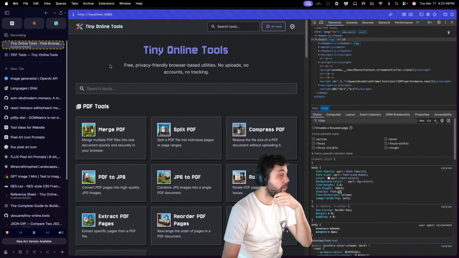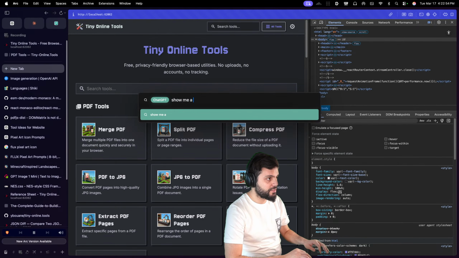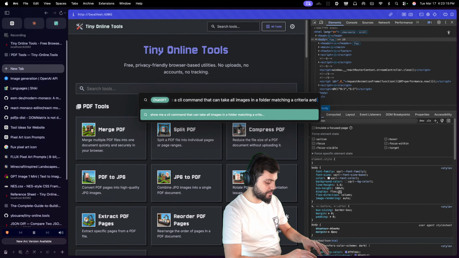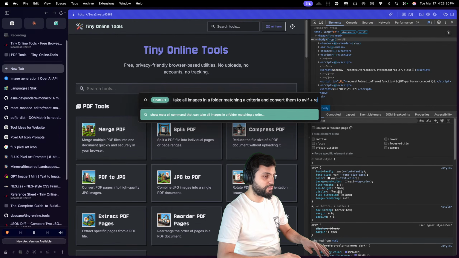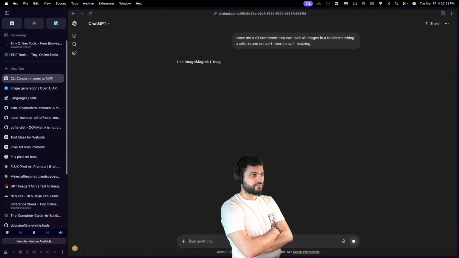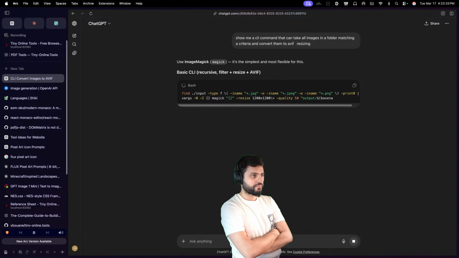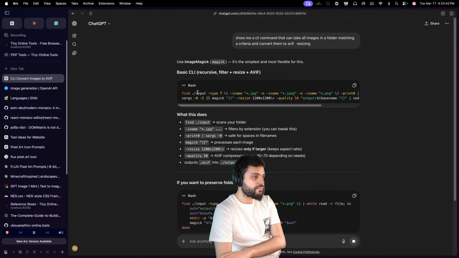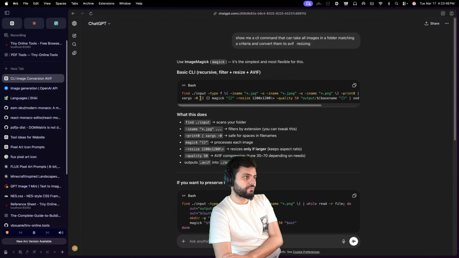So I was talking about the images. Show me a command that can take all images in a folder matching a criteria and convert them to AVIF plus resizing. Okay, so now